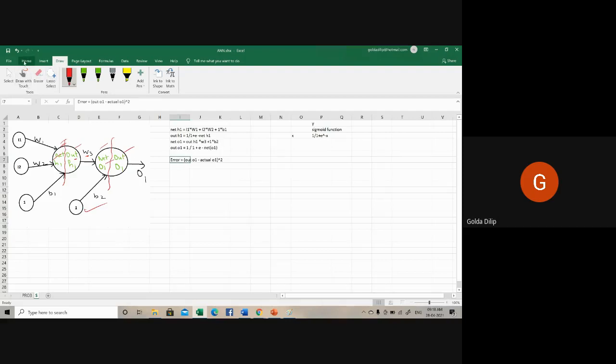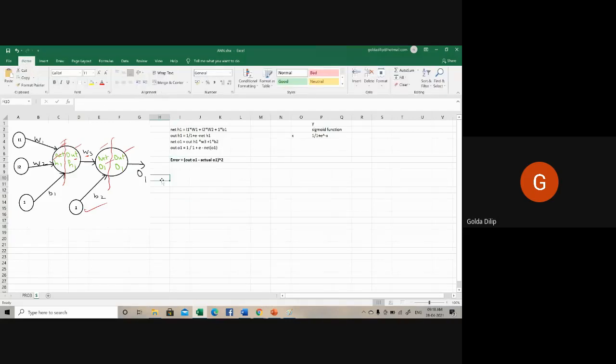In case the error is equal to 0, then you can stop, or you can fix a threshold value, let's say 0.05. If it is greater than 0.05, then you go back and continue with the backward propagation. Otherwise, see whether you have reached the threshold value or made the error equal to 0 or something close to 0. Fixing the threshold is your wish. So what have we done so far? We have constructed the network.